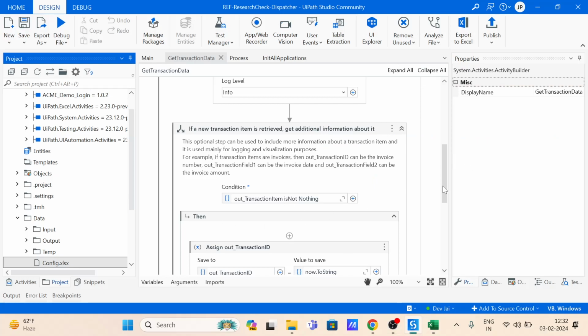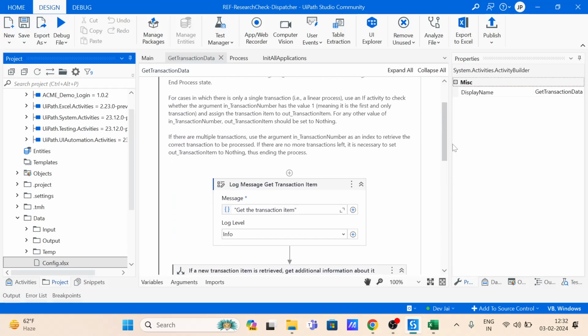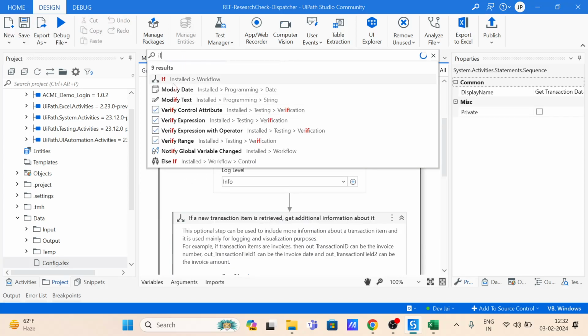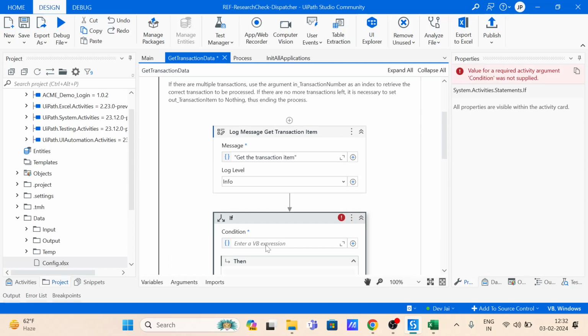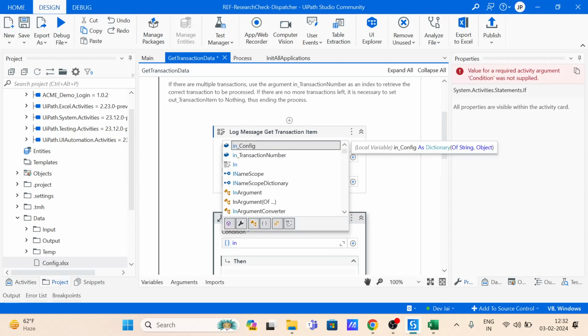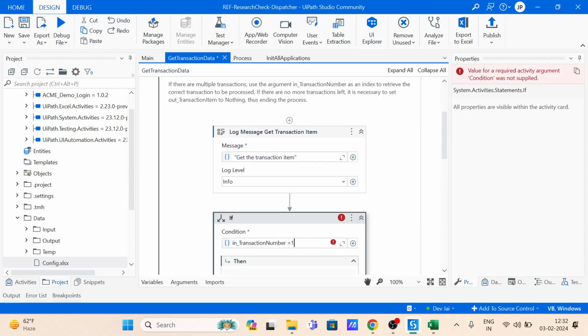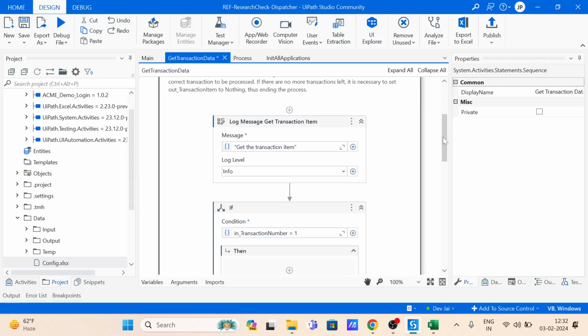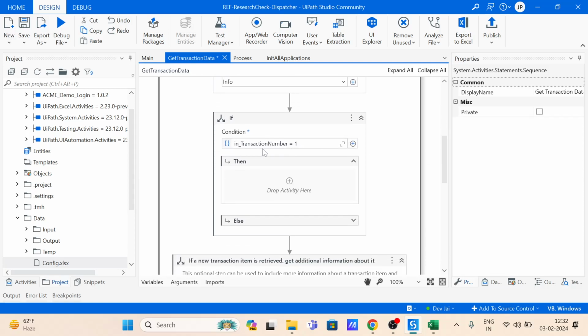Okay? Now here we have to devise a logic, right? Let's use an if activity. You must be knowing this, I have told you many times now. When my transaction number is 1, meaning my process is running the first time, right? If my transaction number is 1, it means it is the first run of this part of my project. So now what we will do, we'll have to